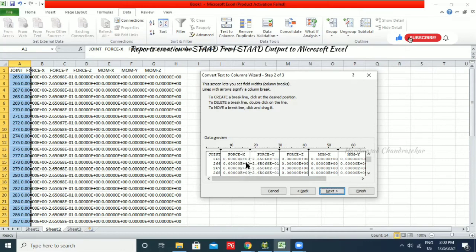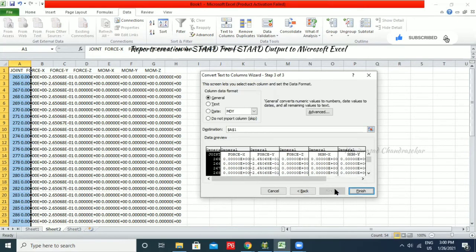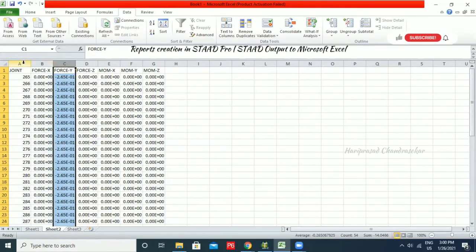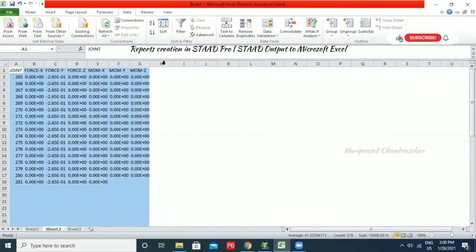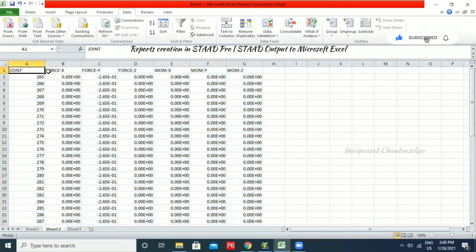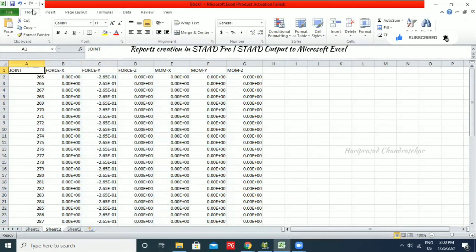Okay, this is right now. So we have all these columns. Now I'm just going for next, General, and Finish. Now we have different columns. See, like this also you can go for and then submit to your clients if you want in Excel. This is how to convert a report from STAAD.Pro to Excel.